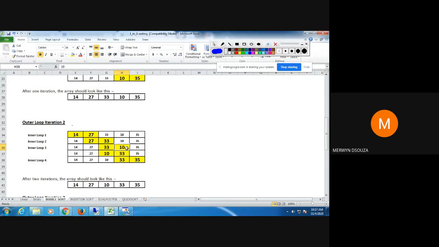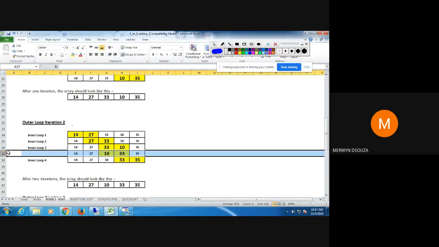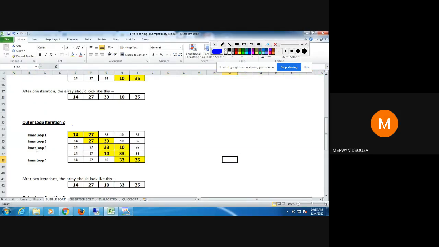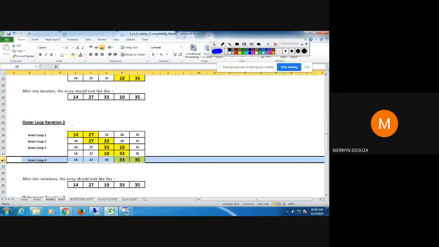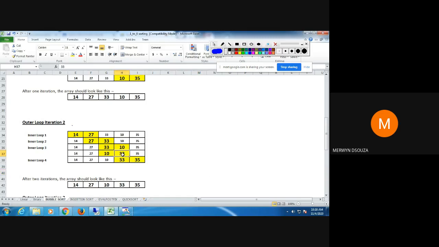So what will I do? Exchange these values. So 10 will come in the place of 33 and 33 will come in the place of 10. I've shown the exchange in this step here. Both these lines are one step. Once I've done the exchange, I come to the fourth step and compare 33 with 35.